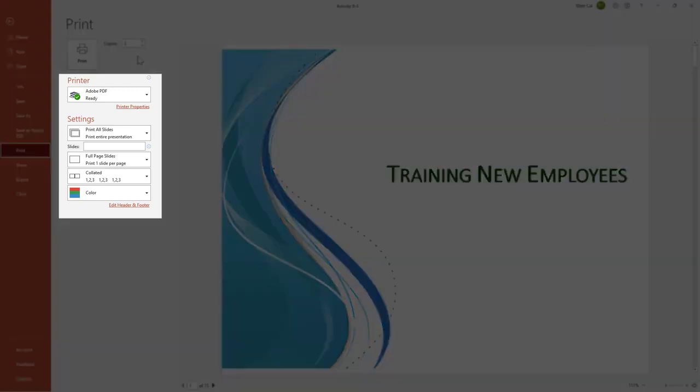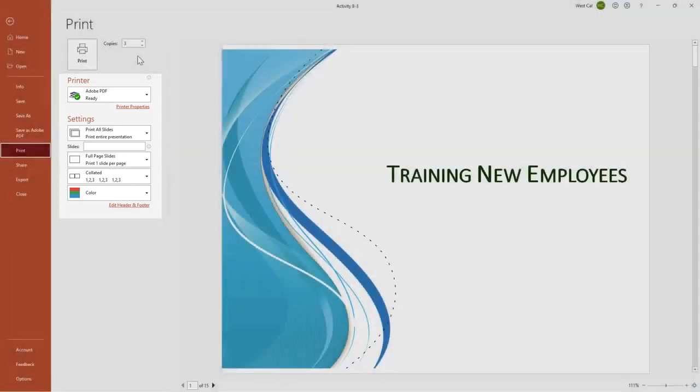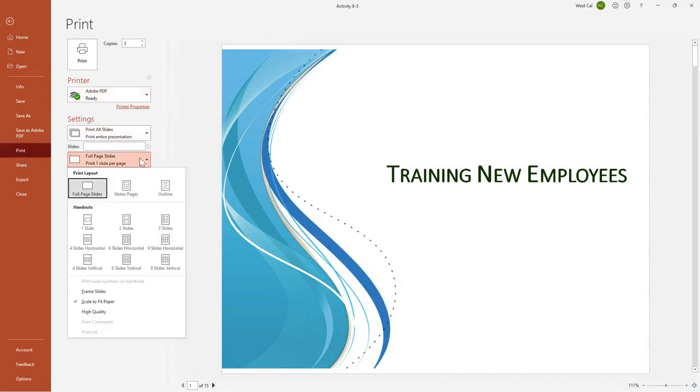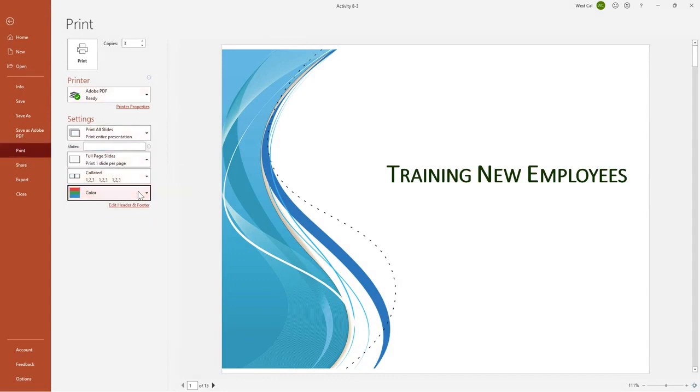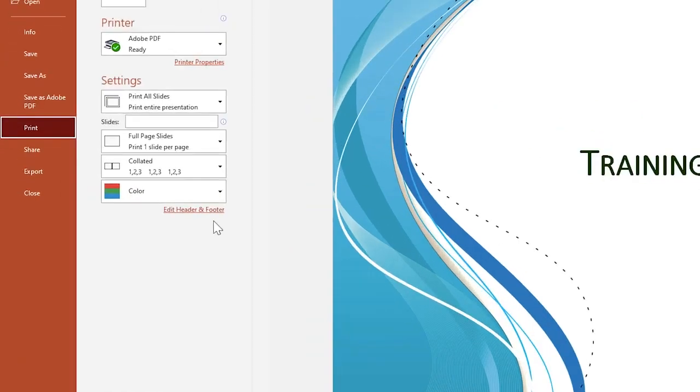In the next section, you can customize the printout by choosing the printer and modifying various settings. Settings that you can modify include the range, format, collation, and color scale. The range is where you manually enter the slide numbers to print. To print individual slides, enter the slide numbers separated by a comma. 2 slide numbers separated by a colon would mean that PowerPoint would print that block of